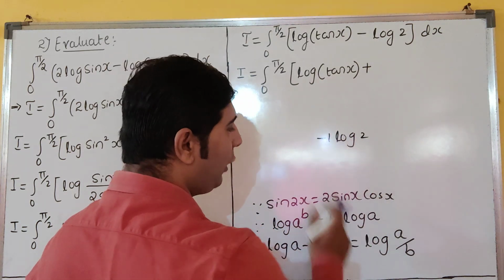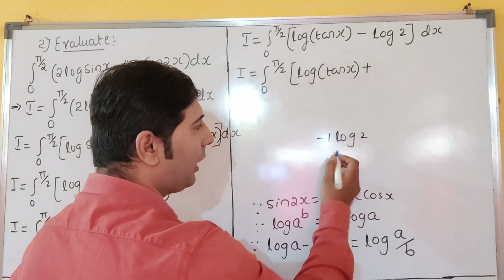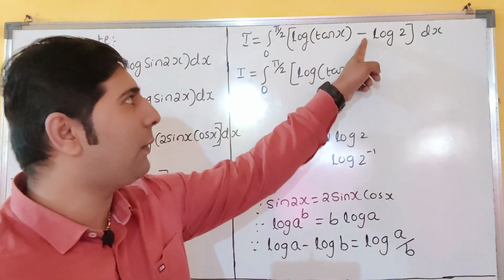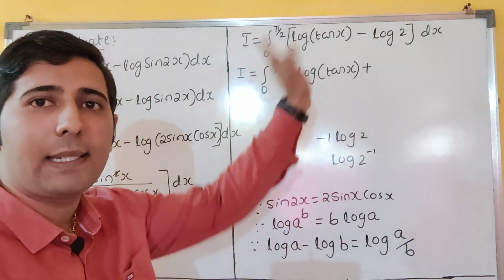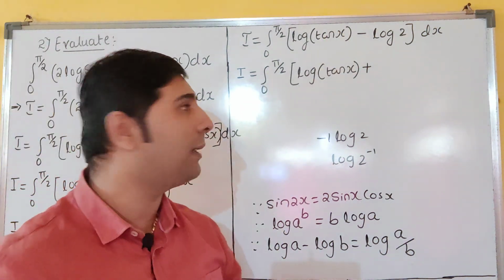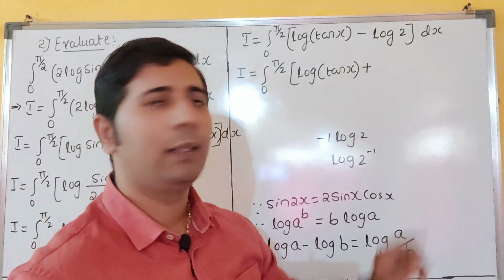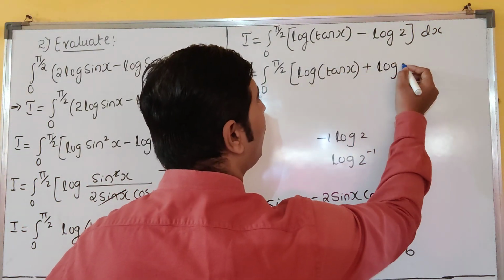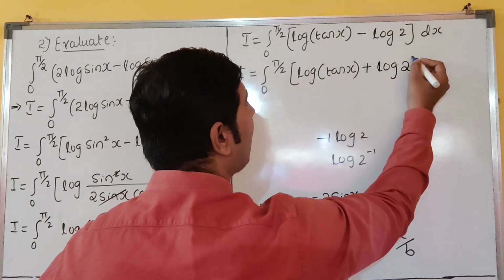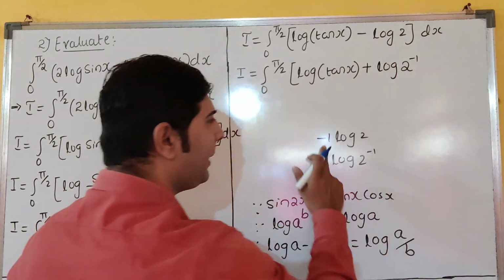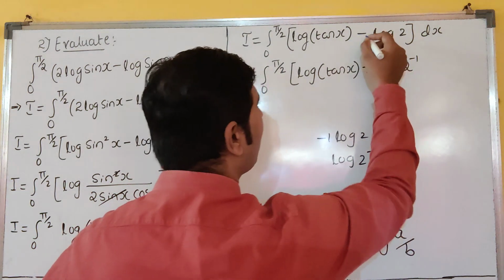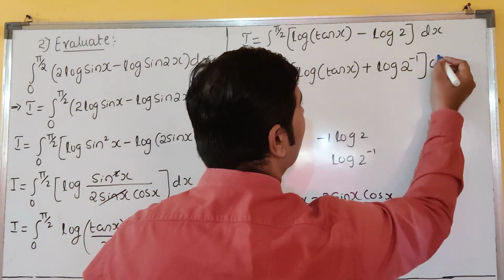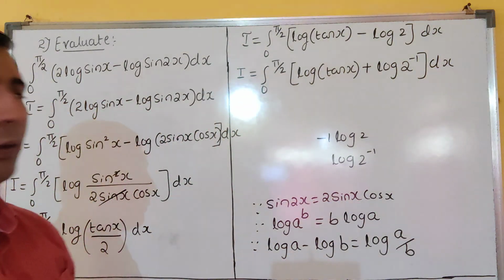So b log a means what? Log a raised to b, or not? 2 raised to minus 1. And here what will remain? Plus sign will remain because minus is taken up. Understood everyone? Minus is taken up, that's why it will become plus here. Log 2 raised to minus 1, you take up minus 1. Nothing is there means 1 will be there. Here minus is there, that's why minus 1. Clear now everyone? So understood this sum.